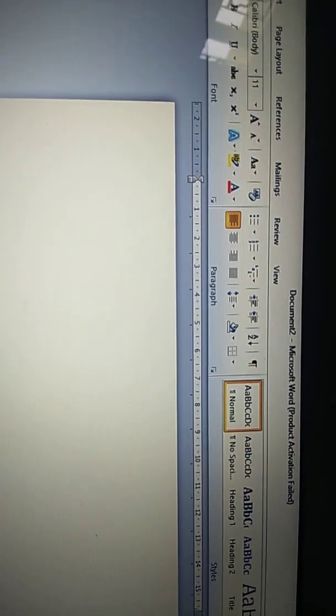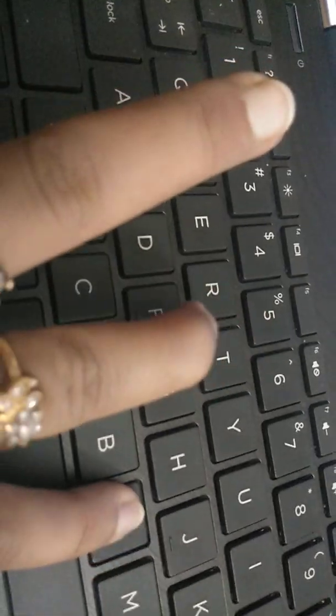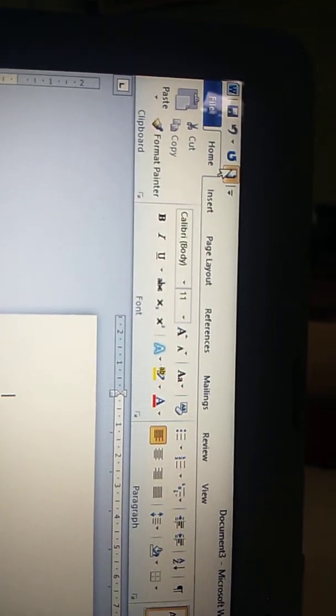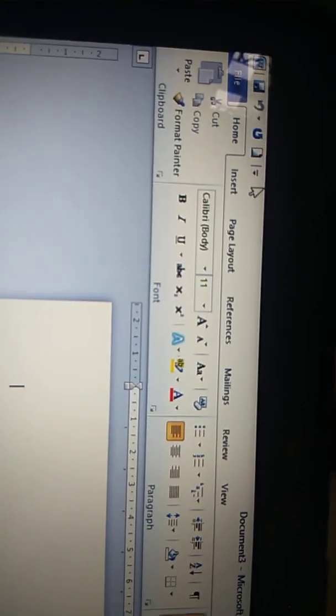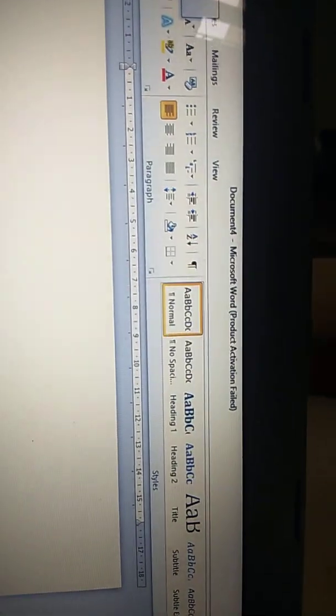First method, and here the document name is Document 2. First time when I opened it was Document 1. Now it is Document 2. First method to create a document is this. Second method is pressing Ctrl plus N. Ctrl plus N means create a new document also. Then Document 3 I am creating. Second method is this. Third method is using the new button from the Quick Access toolbar. Clicking on new button, then Document 4 is opened. So see, 3 methods of creating a new document.